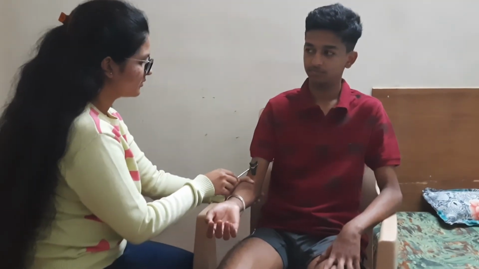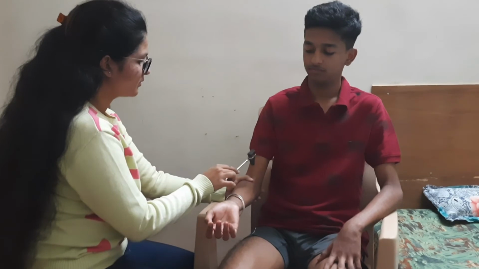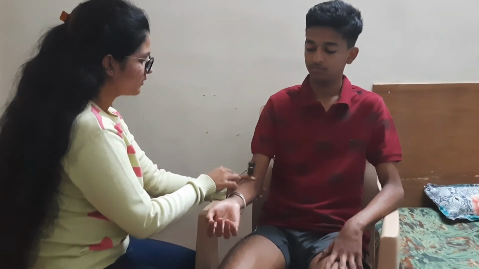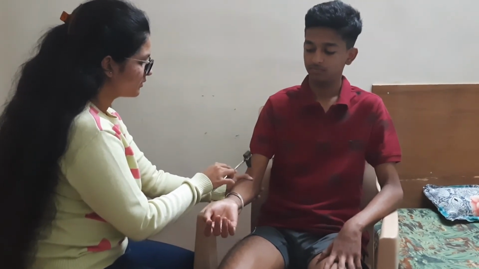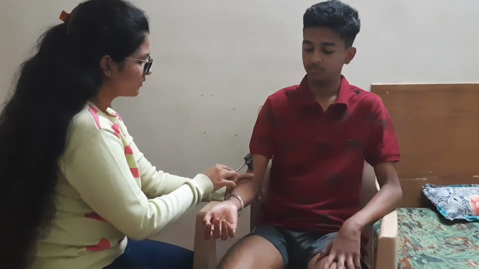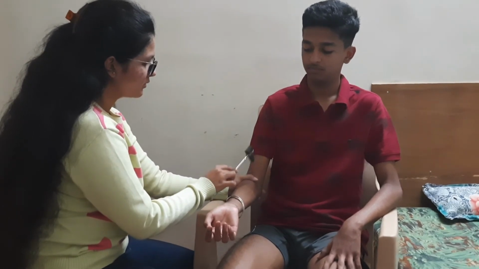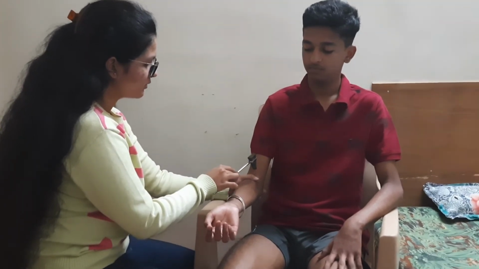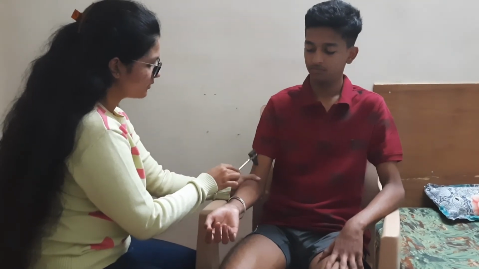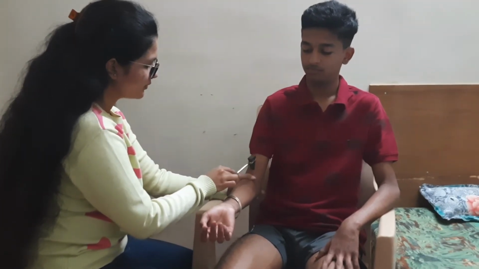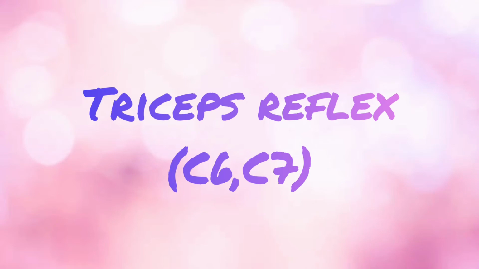To test the biceps reflex, the elbow should be partially flexed and the forearm pronated with the palm down. Place your thumb or finger firmly on the biceps tendon and aim the strike with the reflex hammer directly. Observe the flexion at the elbow and watch for and feel the contraction of the biceps muscle.